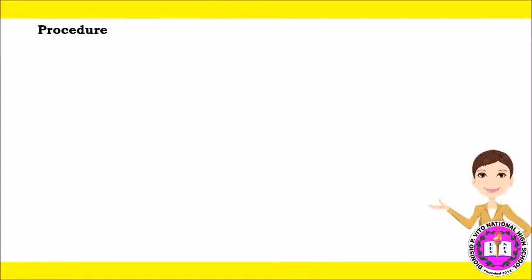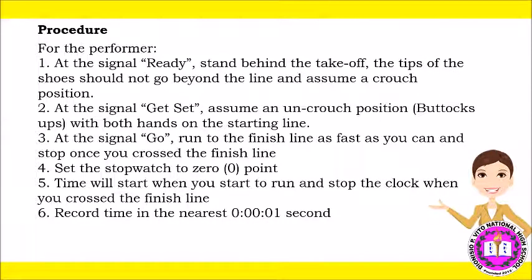Procedure: for the performer, at the signal "ready," stand behind the takeoff line. The tips of the shoes should not go beyond the line, and assume a crouch position. Second, at the signal "get set," assume an uncrouched position, or buttocks up, with both hands on the starting line. Third, at the signal "go," run to the finish line as fast as you can and stop once you cross